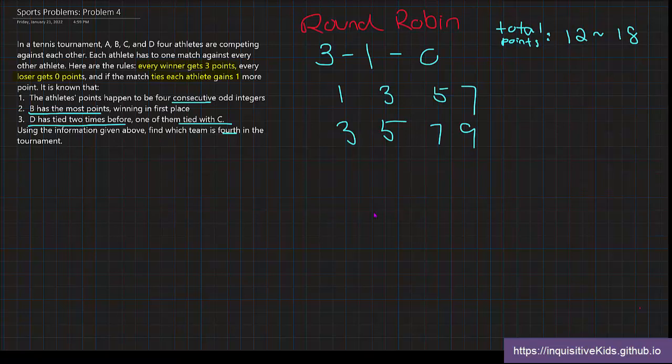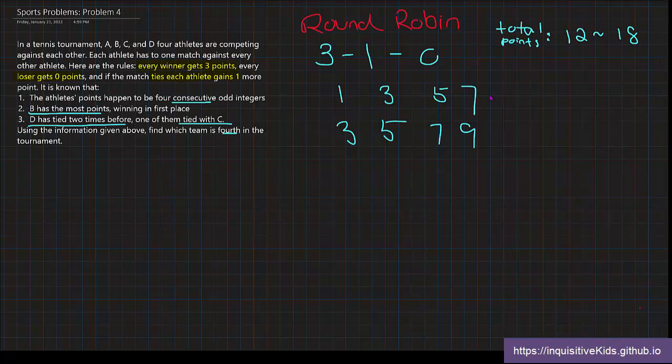Okay, what is our next piece of information? The athletes' points happen to be 4 consecutive odd integers. So I have 2 options right now. I'm just going to test it out. If I add them up, which one is going to result in between 12 and 18? So 1, 3, 5, 7 is